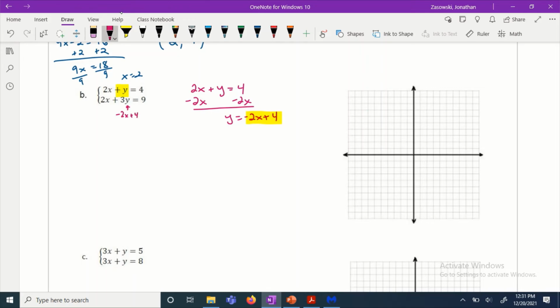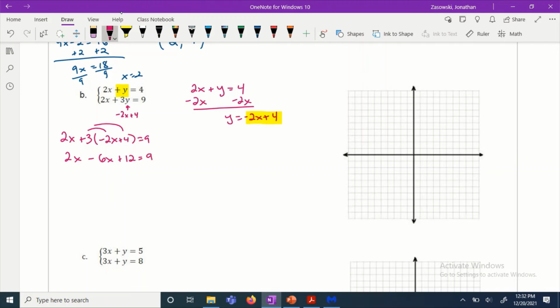It's going to go right in for that y. So we're going to write down 2x plus 3 times negative 2x plus 4 equals 9. Okay? Then, remember, we're going to solve. We're just going to go ahead and distribute the 3. So 2x, 3 times negative 2 is negative 6x. 3 times 4 is 12